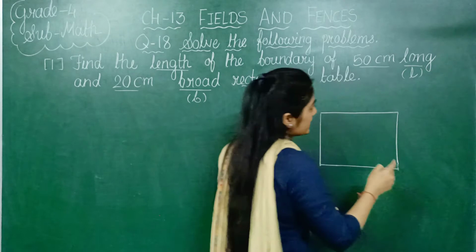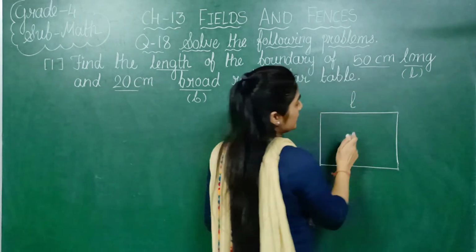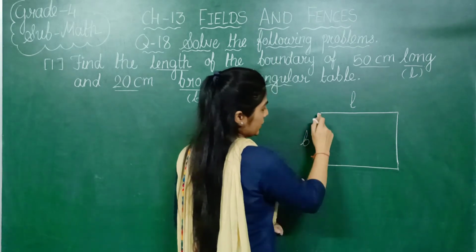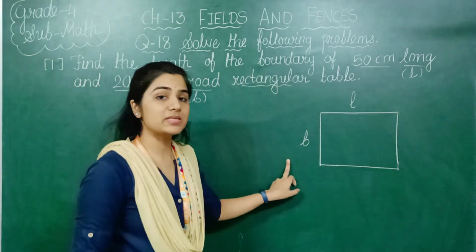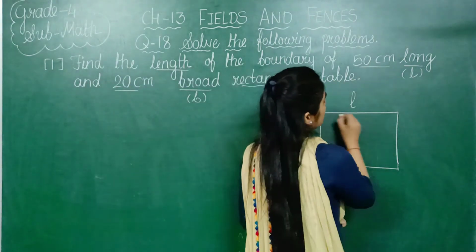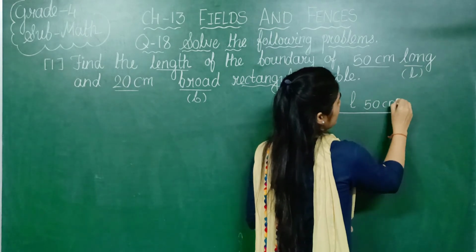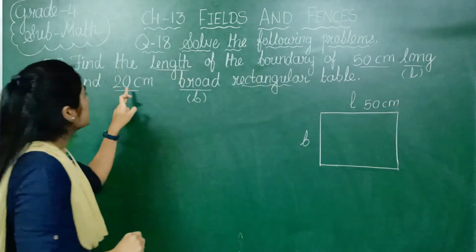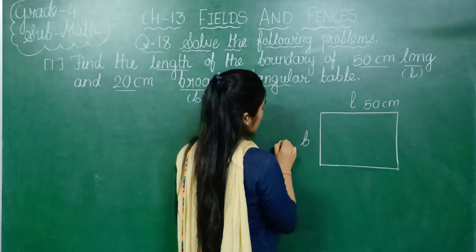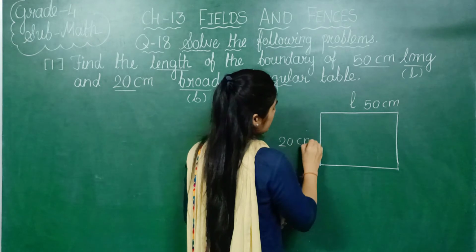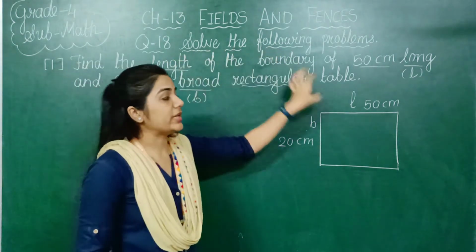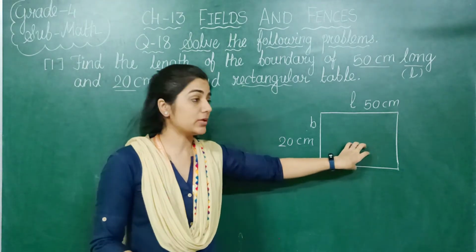So we are indicating this L and B in this rectangle. This is your length, meaning long, and this is your breadth. And the measurements are given. 50 centimeter long means L is 50 centimeter, this measurement. And 20 centimeter is the breadth, meaning this measurement is 20 centimeter. So if we want to find the length of the boundary of this rectangle shape, meaning the perimeter of this rectangle